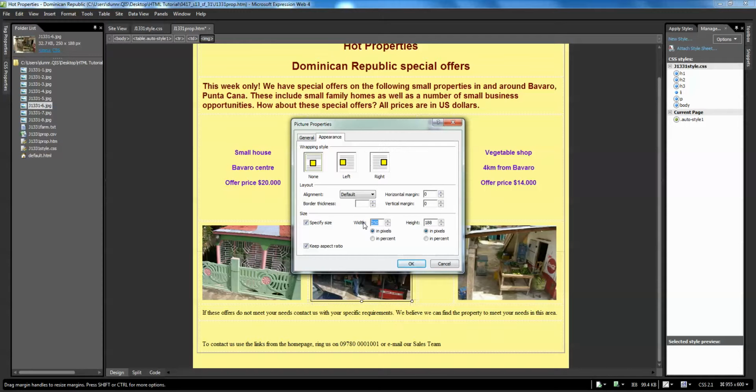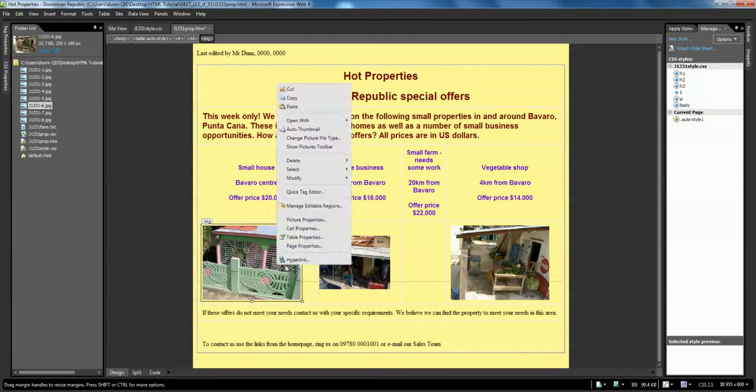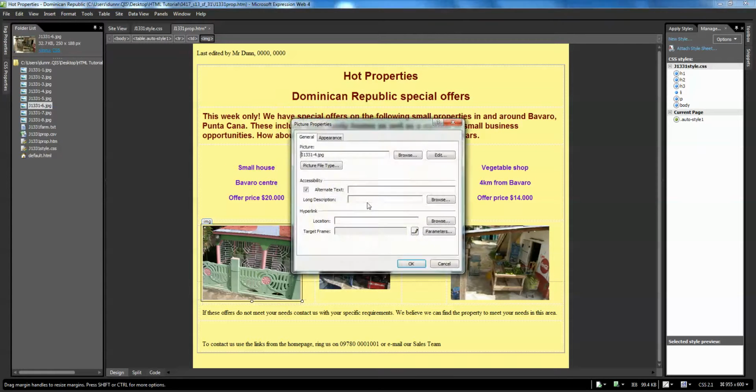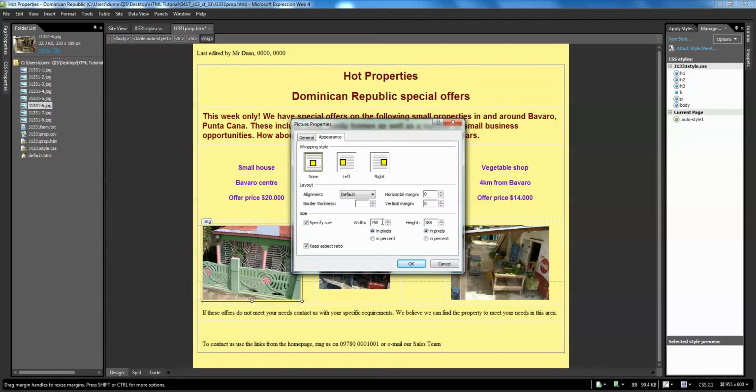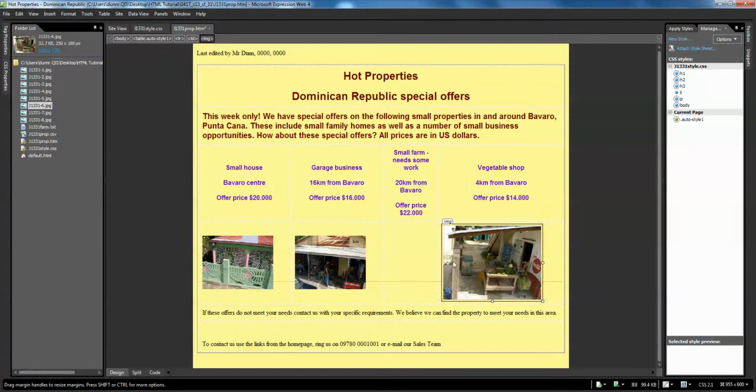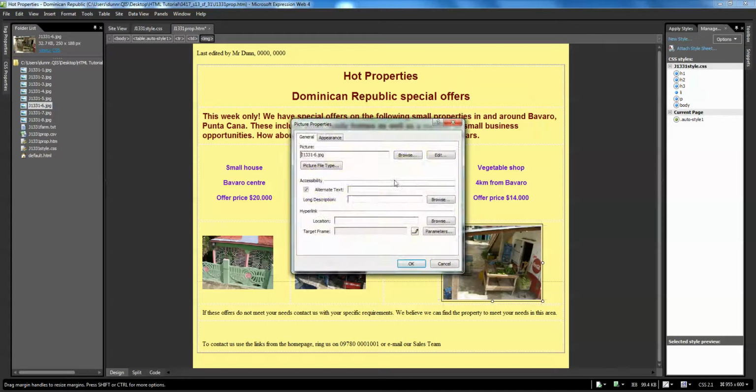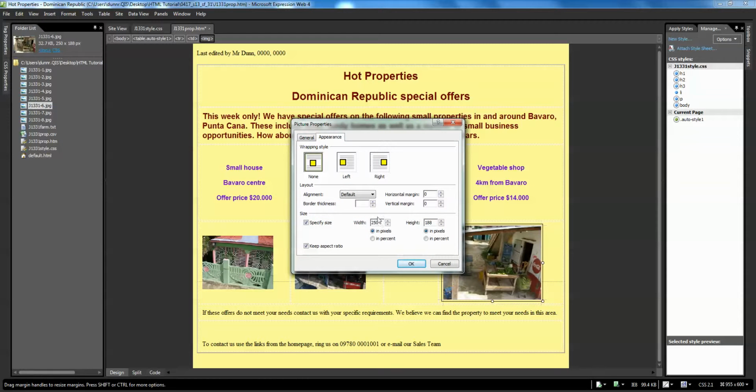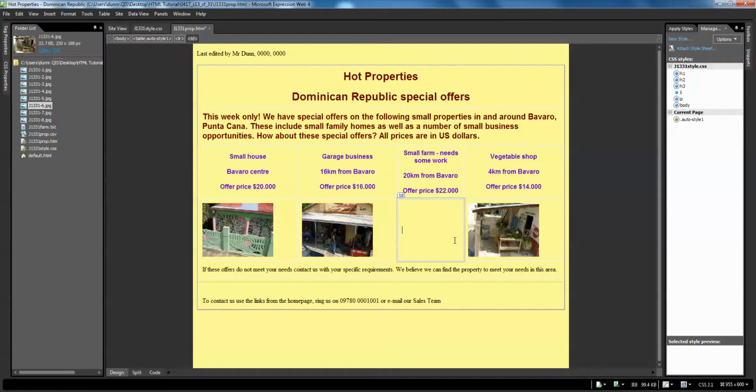So we're just going to change this to 180 for all of these. And then the farm one,